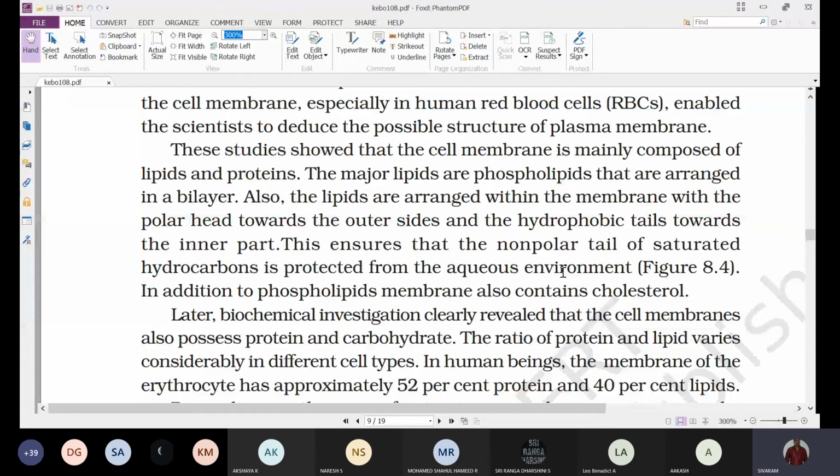Next, in addition to phospholipids, the membrane also contains cholesterol, small quantities of cholesterol in between, in the plasma membrane, which is also a type of lipid. And next,